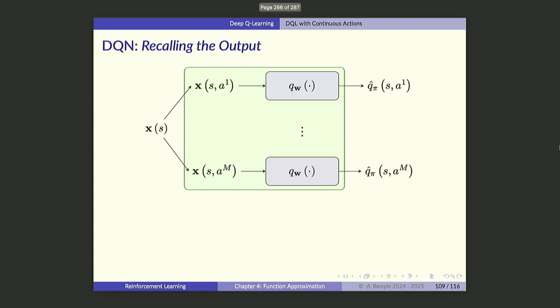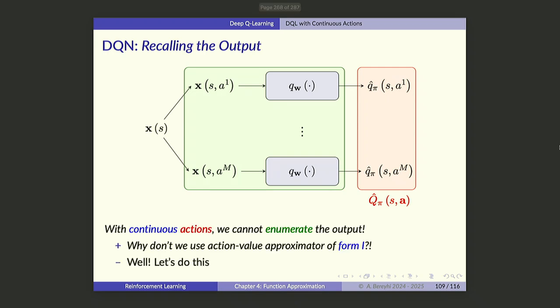So if you have the discrete case, you have one particular state, then for that particular state you would say, okay, if I do action 1, I'm going to get this value. If I do action 2, I'm going to get this value, and so on. You can replace everything by a Q network. You would say all of it is a Q network, and every single output of this Q network is my action value. But the problem here is that if it is continuous,